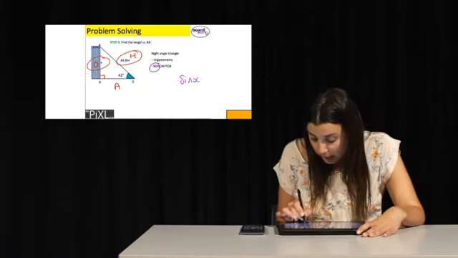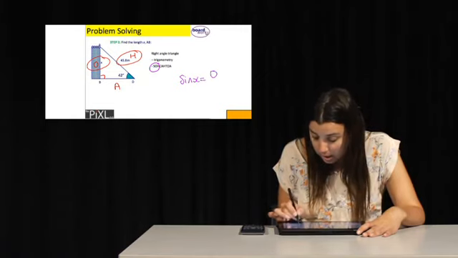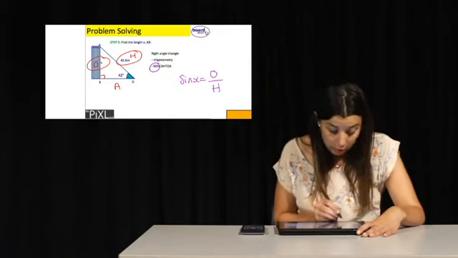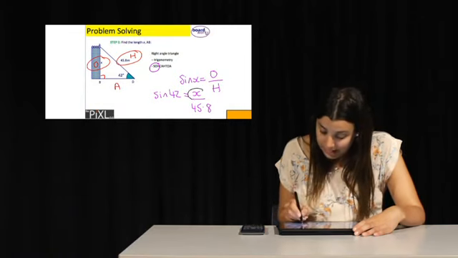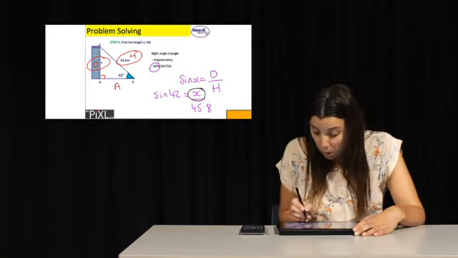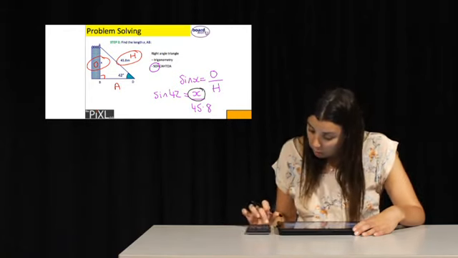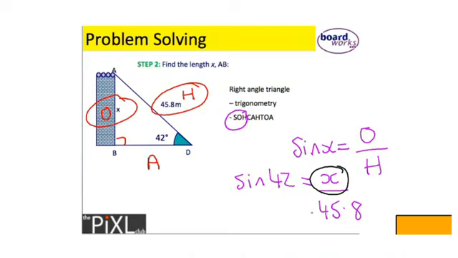And that tells us that sine x is equal to the opposite side divided by the hypotenuse. If we substitute in our values here, we have sine 42. That's our angle that's involved. Equals opposite. We don't know the opposite side. That's what we're trying to find. So that's x divided by the hypotenuse, which is 45.8. Now, we need to find x on its own. So we rearrange, we multiply this together. So we have 45.8, that's our length of the hypotenuse, multiplied by sine 42. And that's equal to